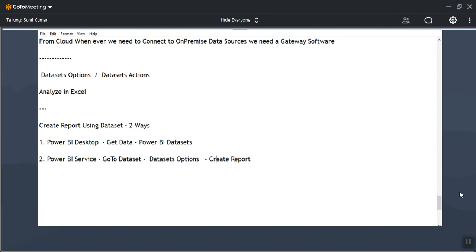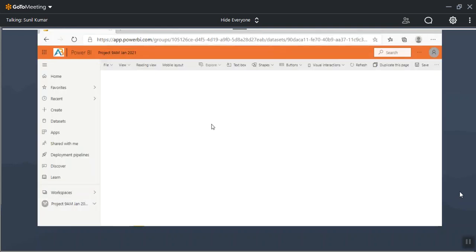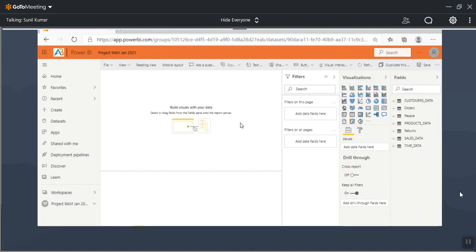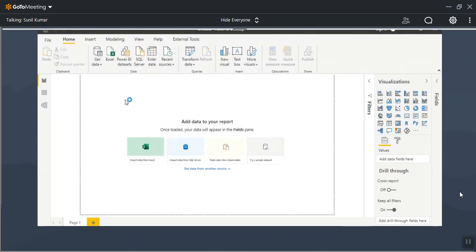You can even create the report in Power BI service directly. Look at this, I can just click on create report. It will open the same Power View environment. How is it opening Power View here? When you connect to any data set,